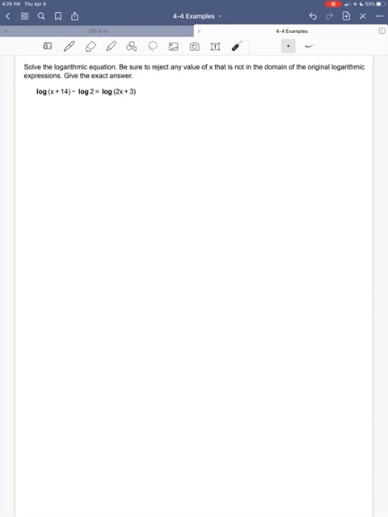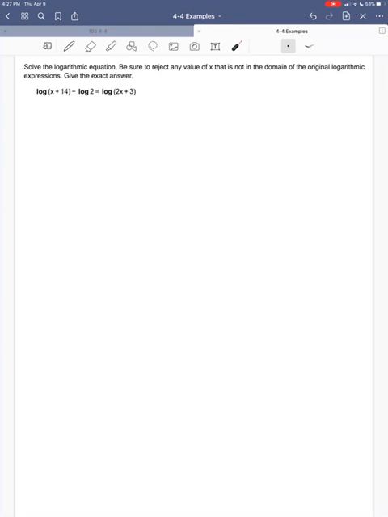In this example, I'm going to solve this logarithmic equation. The reason it's a logarithmic equation is because I have my x as part of some logarithmic expressions. There are two general types of logarithmic equations, whether I have the log on just one side of the equation or whether I have logs on both sides of the equation. And here I see that there are logs on the left and on the right, so it's this second type